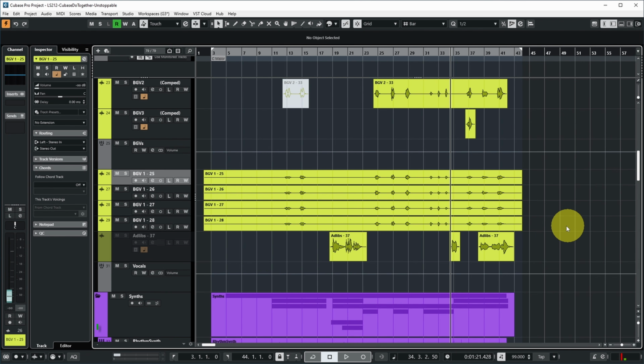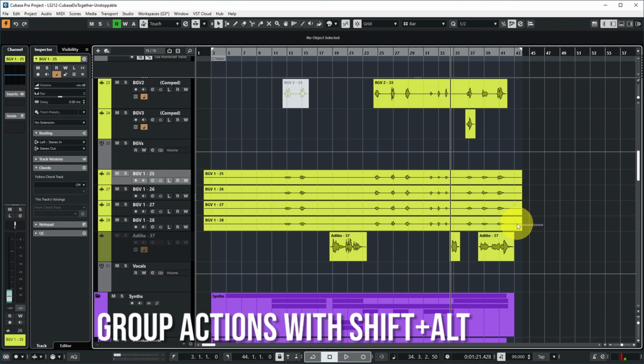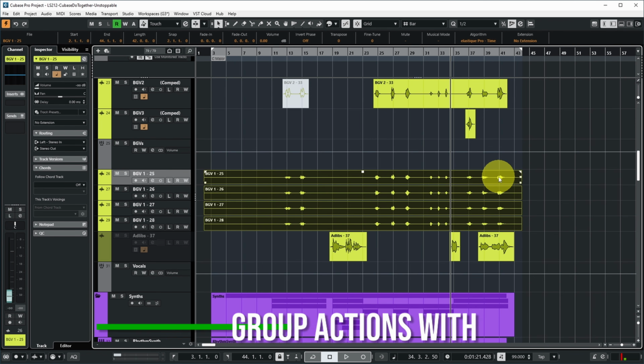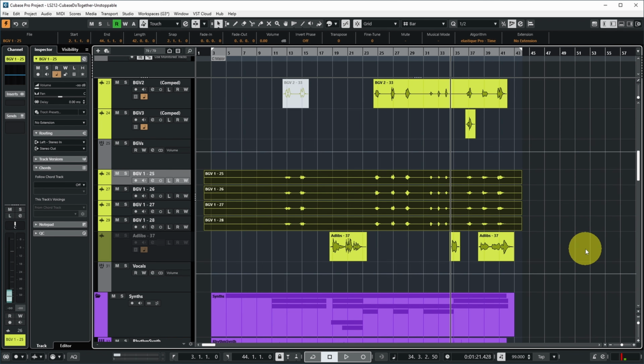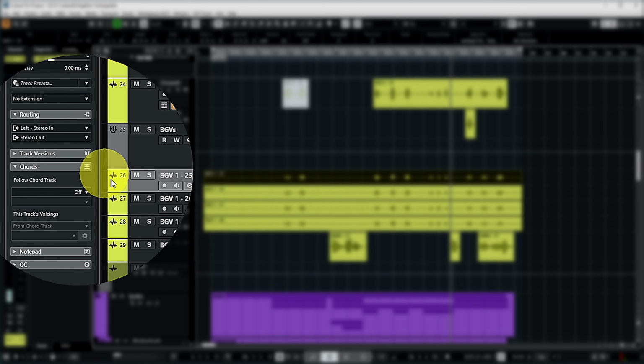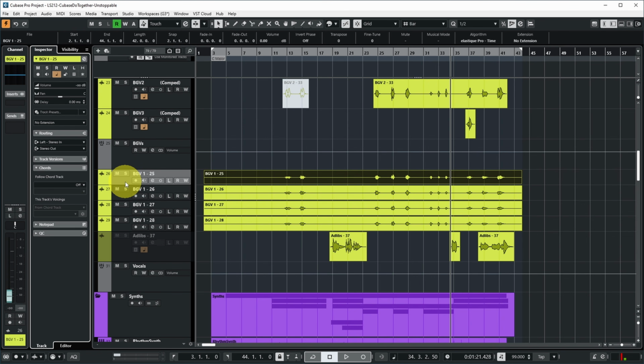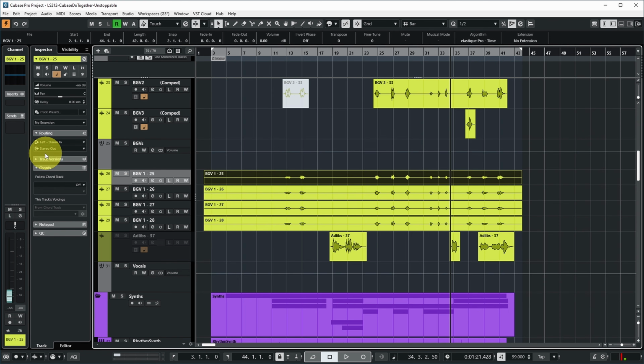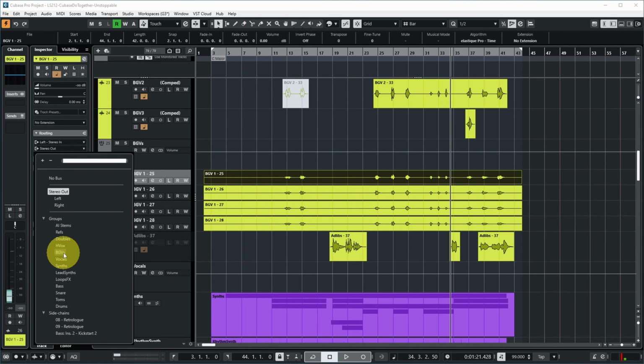And in this project view, you can see that a bit further down in the project, I have again 4 background vocal tracks, which are different background vocals from the one I showed you before. And if you pay attention to the routing over here, you can see that all of them are routed to stereo out, stereo out, stereo out, stereo out. But I also have a group track called background vocals over here, and I want to route all of these to that group track. So I could, of course, now do this, assign this one to background vocal, then the